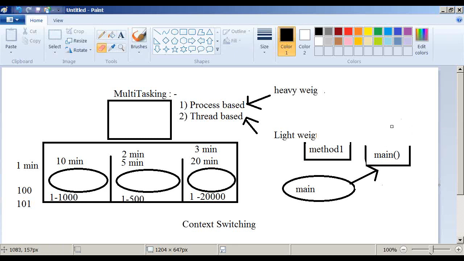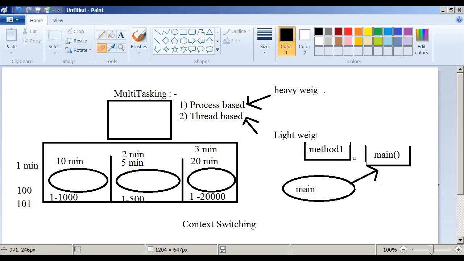So separating these pieces, separating these actual parts of your program, is called what? One thread. Method 1, if you want to execute this method 1 separately, it is one thread. If you want to execute method 2 separately, it is one thread. So like this I want to do. This is what I want to do. So what happens here? So these parts of your program,